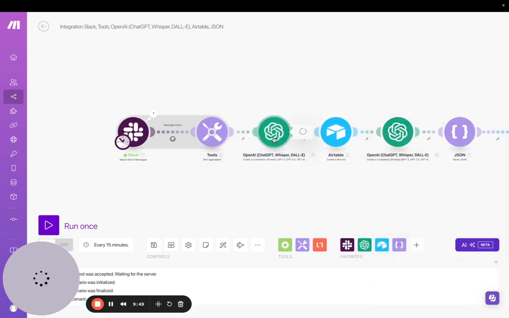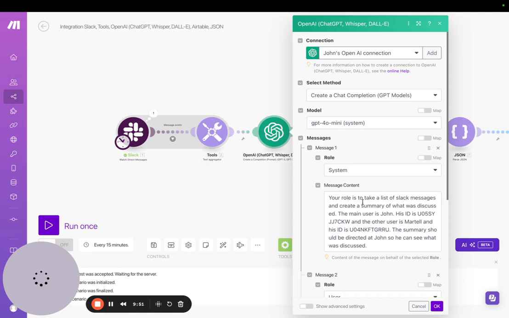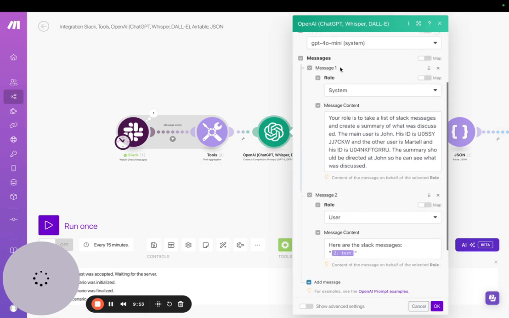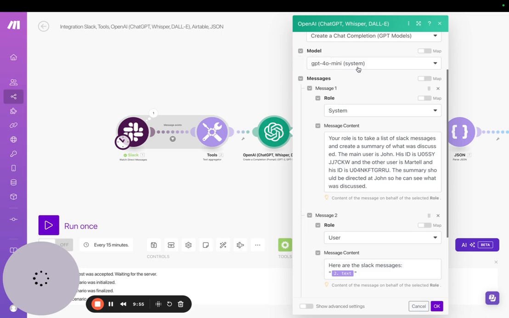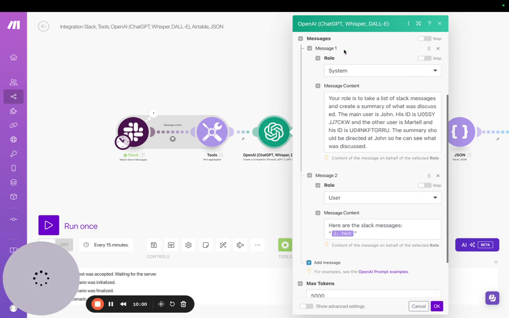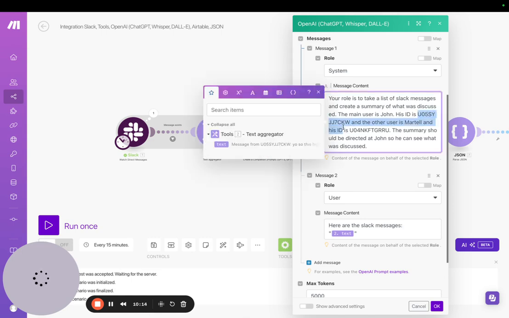Next one is OpenAI. So we'll connect our account like we did, and then these are the prompts that you use. So I chose for the model GPT-4o Mini, their system model. And then the first message is going to be for their system role. So choose system and then fill it in with this prompt. This is between John and Martel, and John's the main user, so his ID, and I have this ID